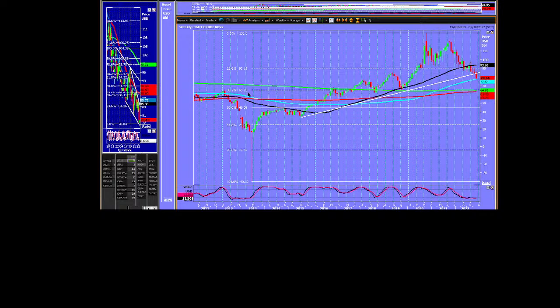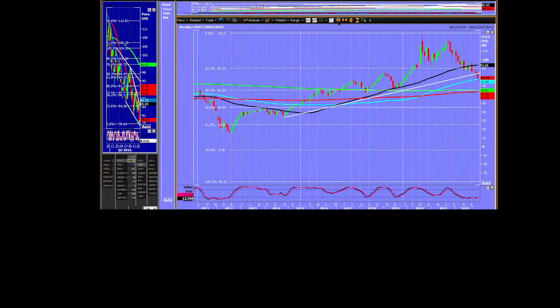And it's quite interesting that the 38.2% fib coincides so beautifully with the 500-week moving average and the 200-week moving average. So I wonder if we'll get there. If we do, that should be one heck of a support area around the low $60 area. And I suppose there's a good chance that we will get down there.